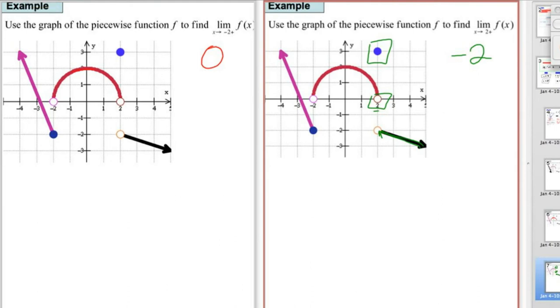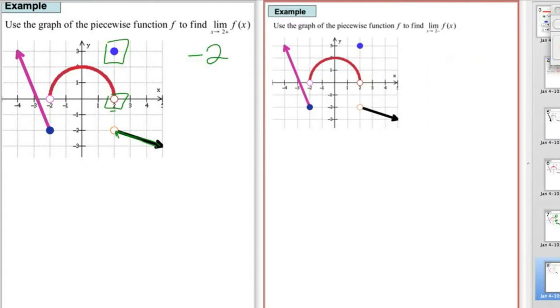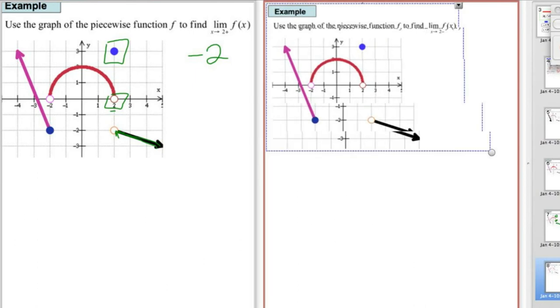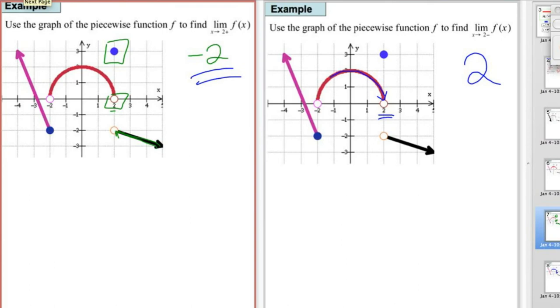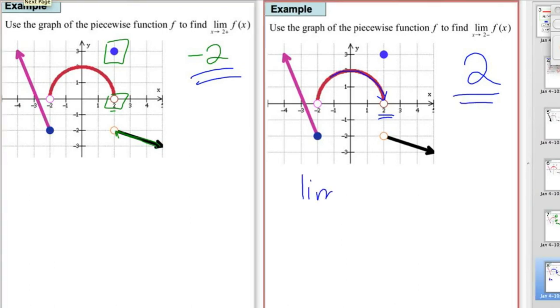Now I look at the negative side with the next question. It's asking me what happens as it approaches 2 from the left? And now I'm on this red curve, and it looks like I'm going to land at 2. So my answer here is 2. So once again, because these two values conflict, the actual limit as x approaches 2 for the function in this graph does not exist,